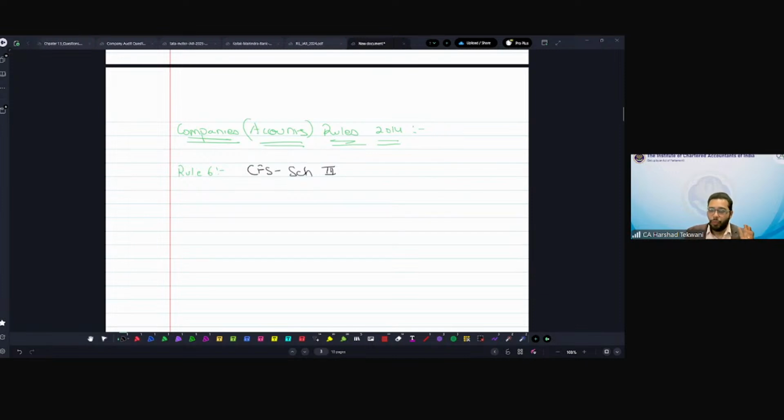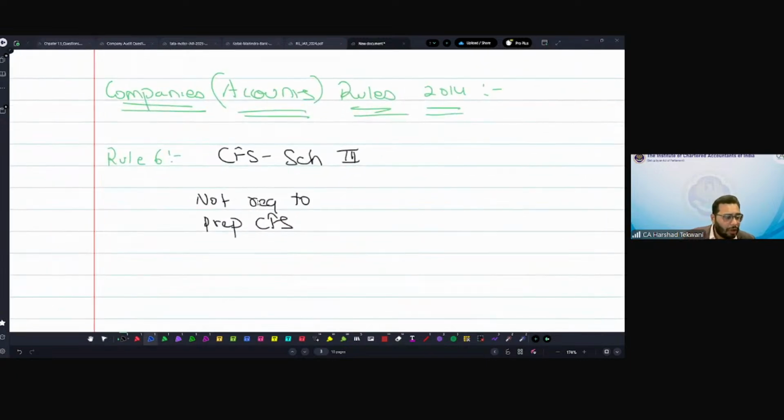So the Rule 6 based exemption says that preparation of the consolidated financial statement is not required as per Schedule 3 if a company complies with three conditions. If the company complies with the three conditions, then they are not required to prepare CFS. Now, which are these three conditions? I call it an exemption under Rule 6. So the three conditions are: number one,